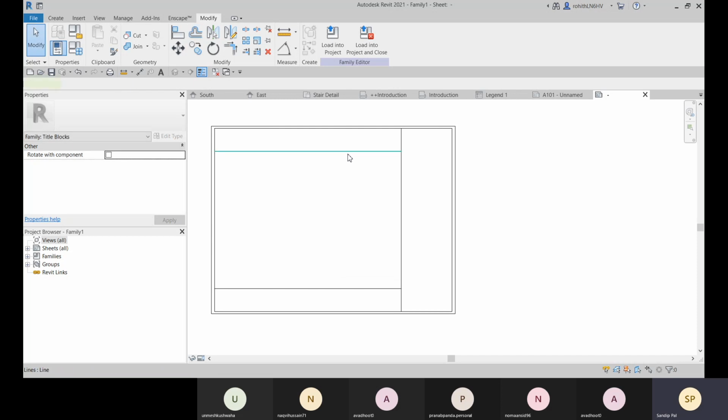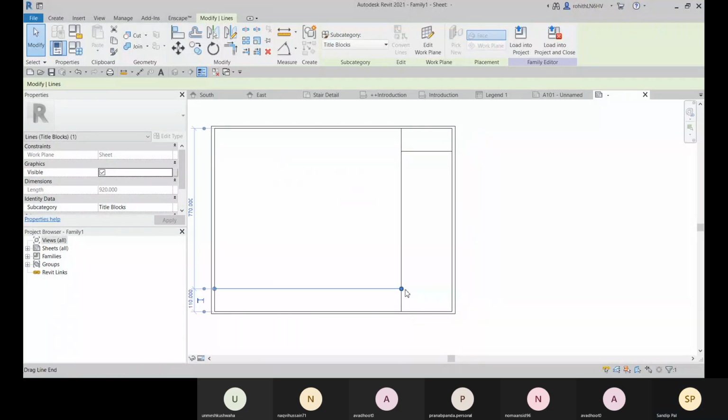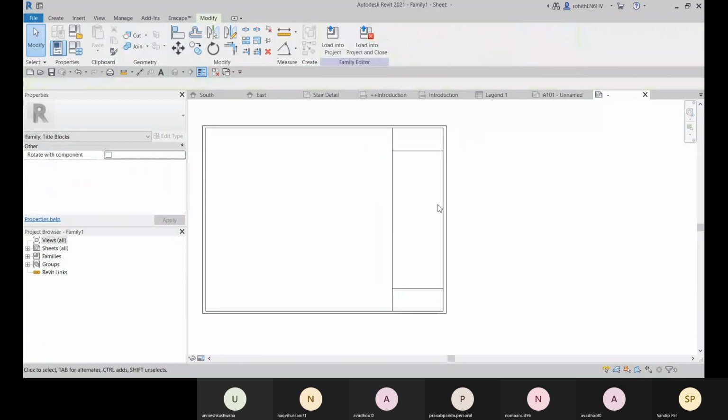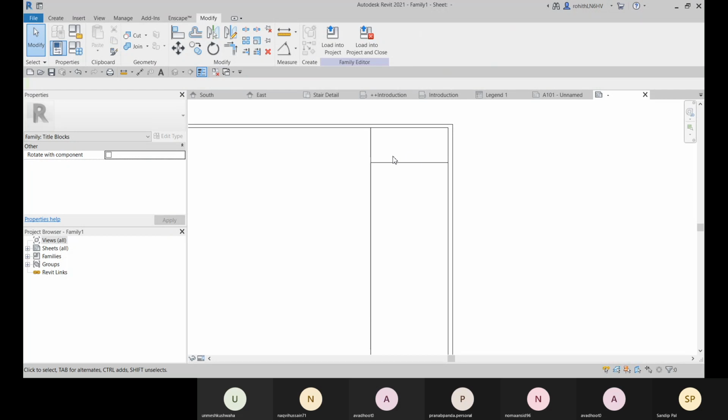Okay, so let me just stretch this out till here, and let me stretch it out till here. And like this you can make all these sections.